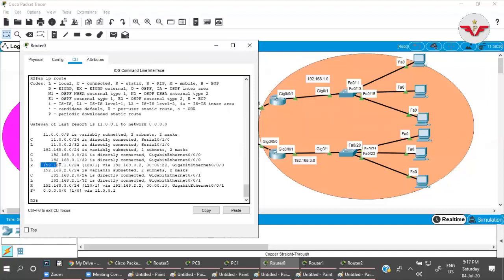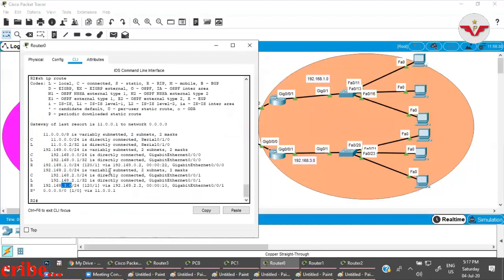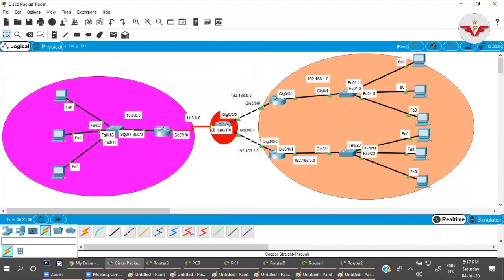So this router has the information about 1 network, 2 network and 3 network. 1, 2 and 3 means this is itself 0 and 2, so it's not showing that. It's getting the information about 1 and 3 here, right? Done.